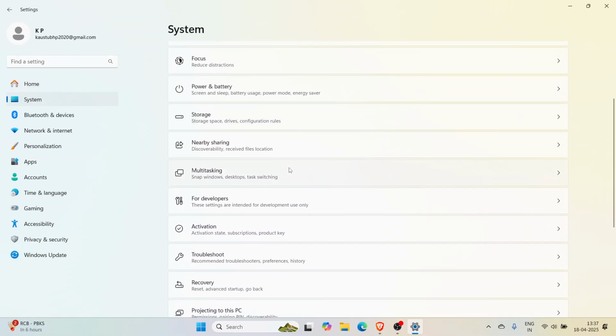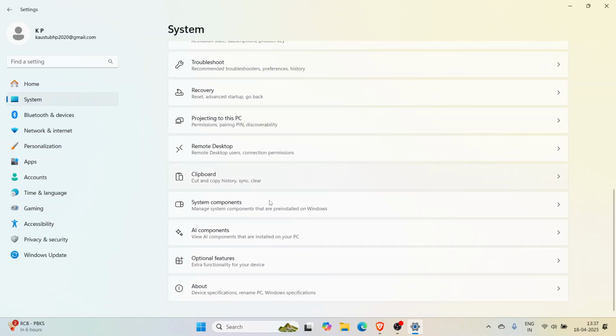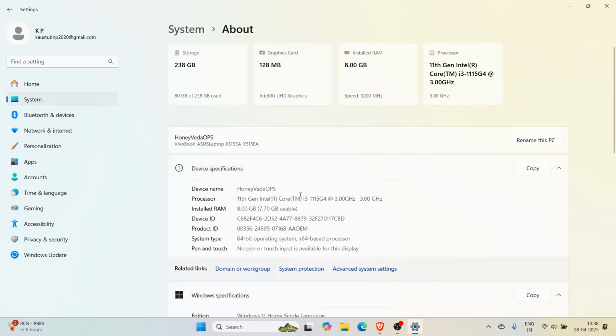Then, after opening the System option, scroll down. At the last, you will see the option of About. Click on About and you can see